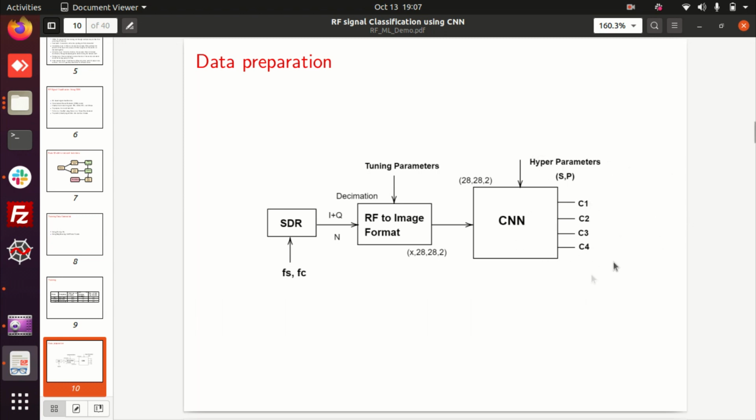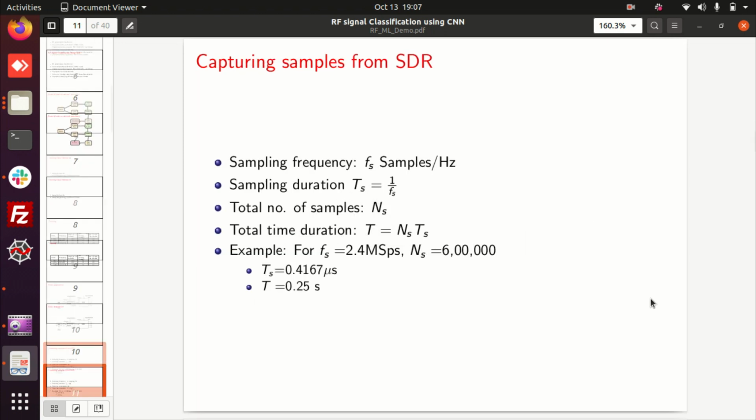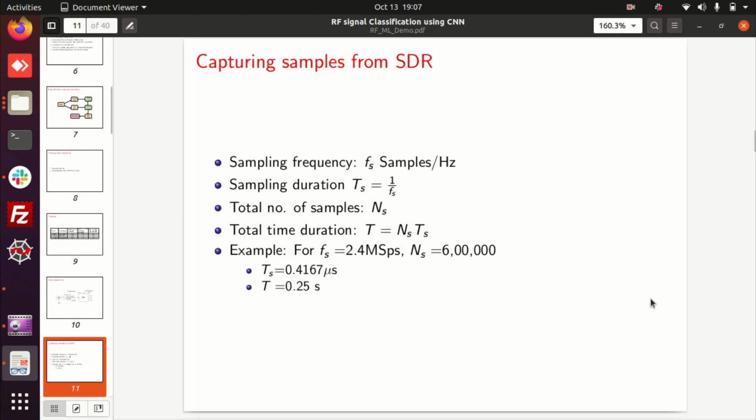We are classifying the signals into 4 classes, or 3 classes, whichever you are taking. First we are capturing the samples from the SDR. Fs is my sampling frequency, so obviously the reciprocal of the sampling frequency is the sampling time. Ns, or n in the diagram, I specified n, can be the total number of samples.